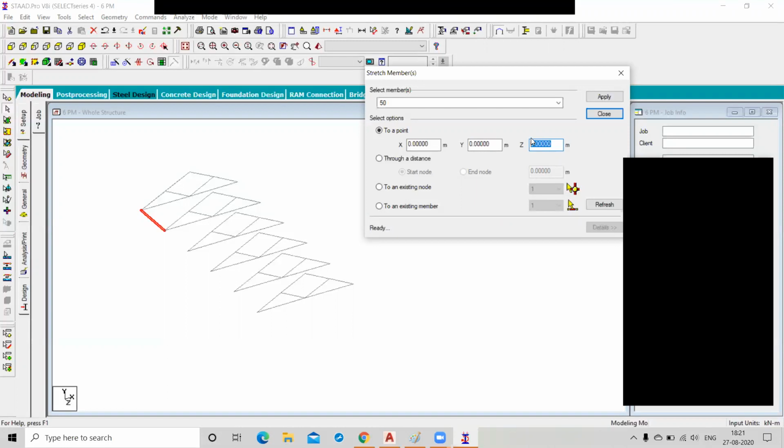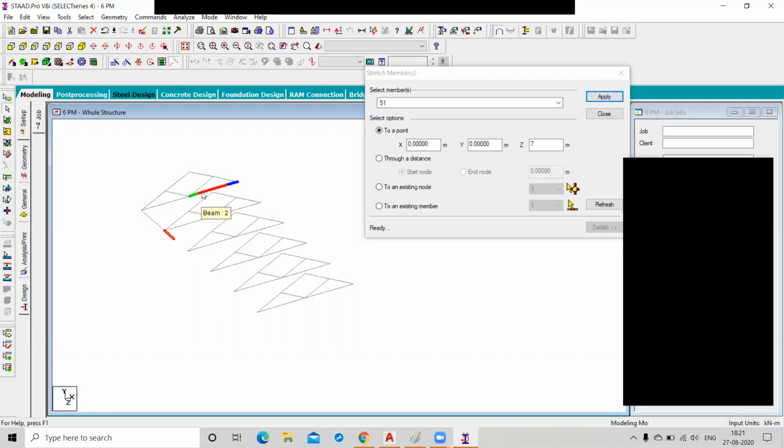I'm going to enter 7, because this distance is measured from the origin 0,0, but this stretches only 2 meters. Click on apply. So see, the member is stretched by 2 meters.